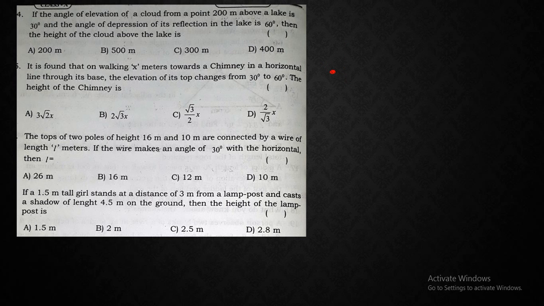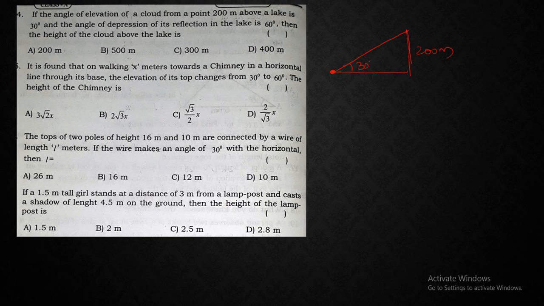So from this lake, there is a cloud, right? Now the angle of elevation, so this angle of elevation is 30 degrees, and at the same time the angle of depression of its reflection in the lake is,